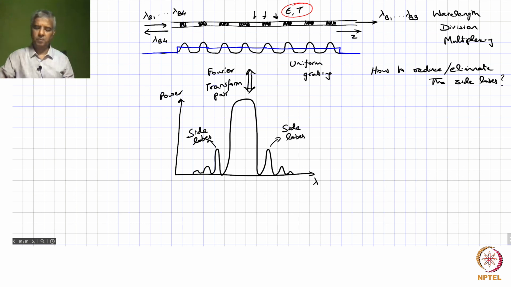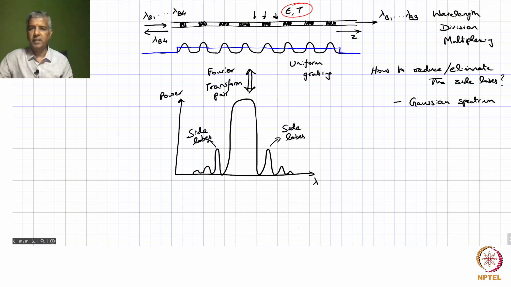But nevertheless, coming back to the point, how to remove these side lobes? Well, we know, if you look at it at the Fourier plane, if you want something without these side lobes, what sort of function would you use, so that the Fourier transform pair itself would work out that way? One example is actually if you use a Gaussian spectrum, we know that a Gaussian spectrum does not have side lobes, and